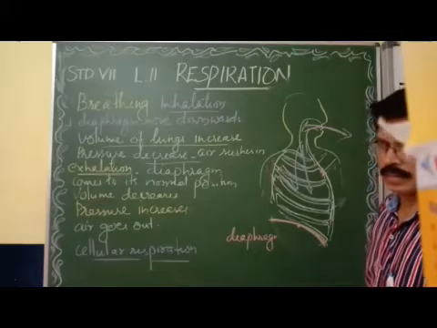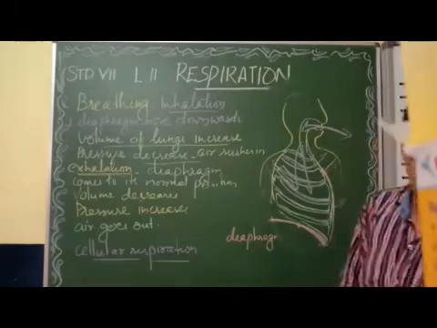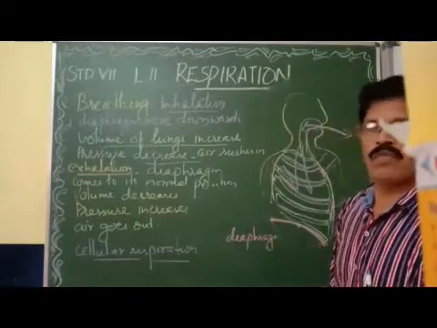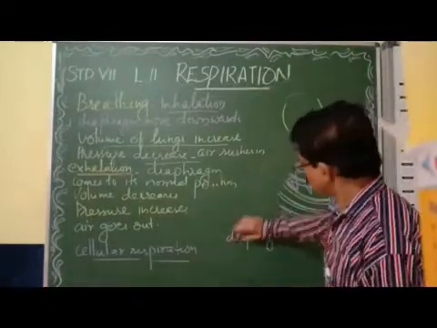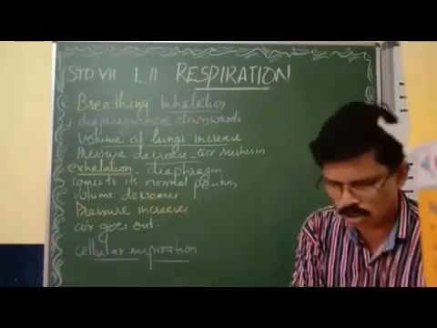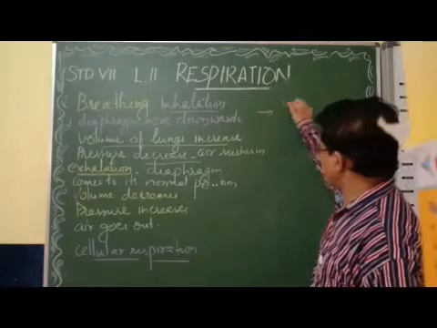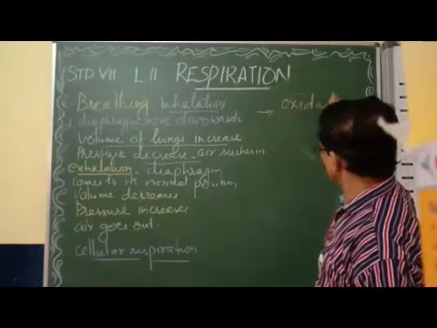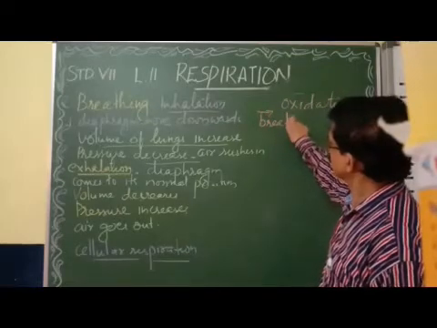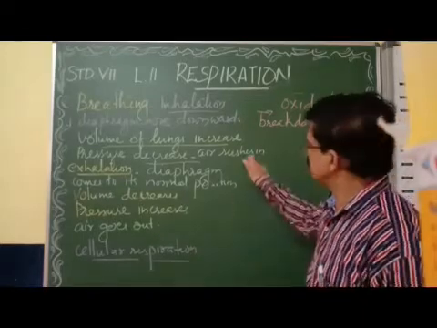You got it? Right. We are now coming to the next part of the chapter, cellular respiration. Everybody knows cellular respiration is the process of breakdown of glucose into carbon dioxide, water and energy. So what does cellular respiration consist of? Cellular respiration consists of oxidation or breakdown of glucose. What is the molecular formula of glucose?